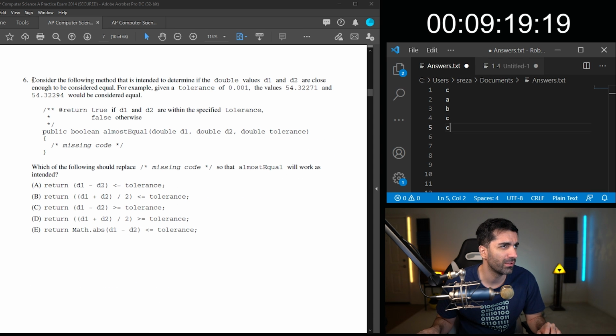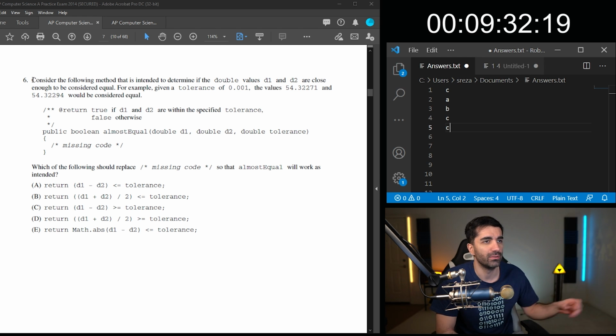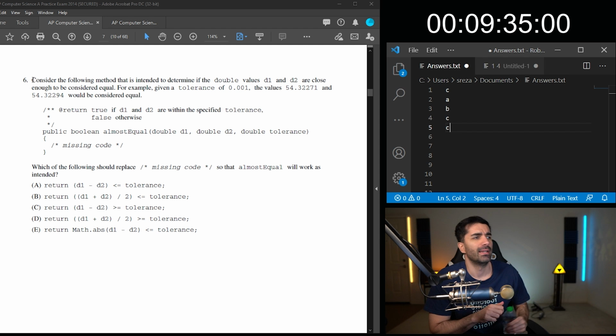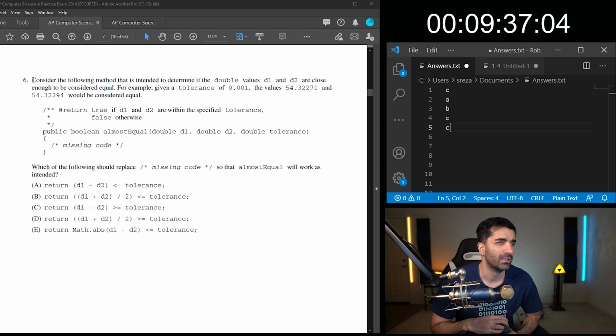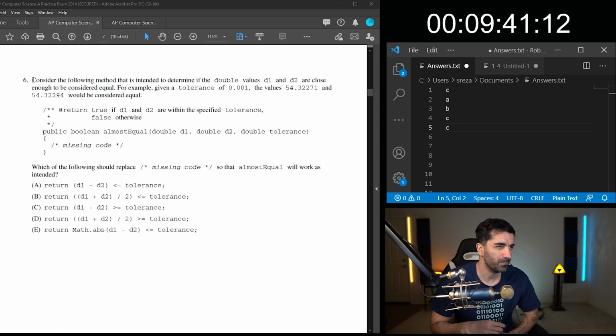So consider the following method that is intended to determine if the double values D1 and D2 are close enough to be considered equal. For example, given a tolerance of 0.001, the values that and that would be considered equal.